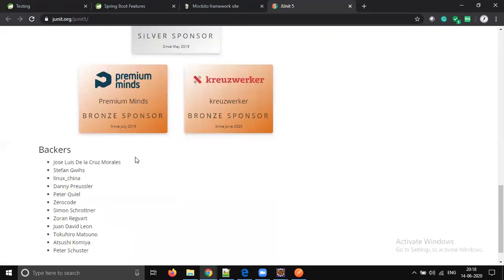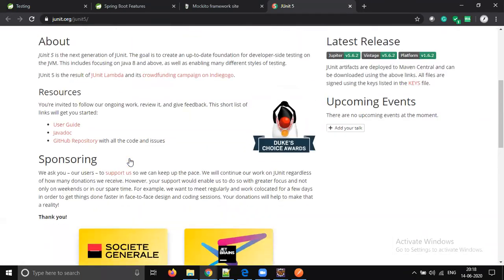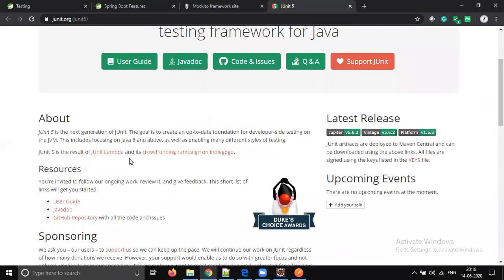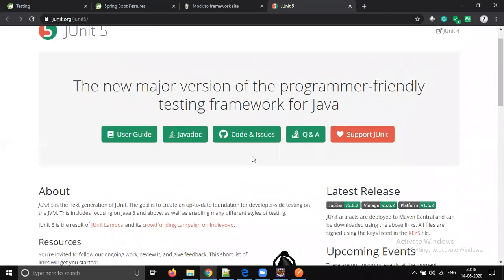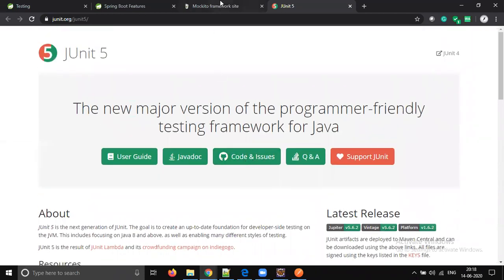Some of the projects use JUnit 4, but it is a bit legacy. Right now the latest version is 5.6.2 Jupiter. We also have Vintage 5.6.2, but we will use the Jupiter version, 5.6.2. That is what we are going to use.